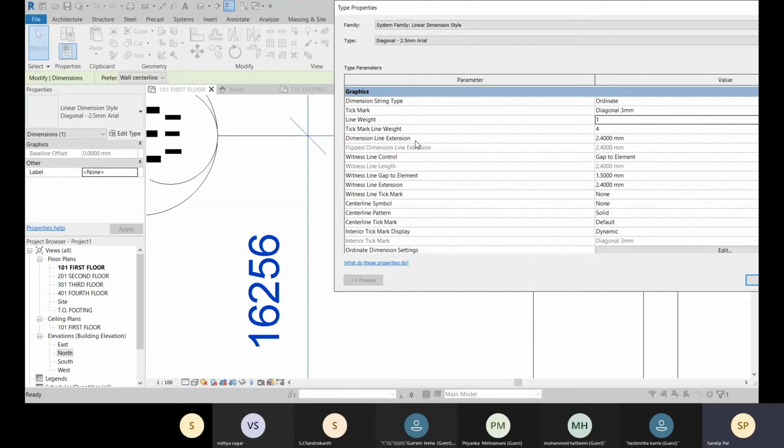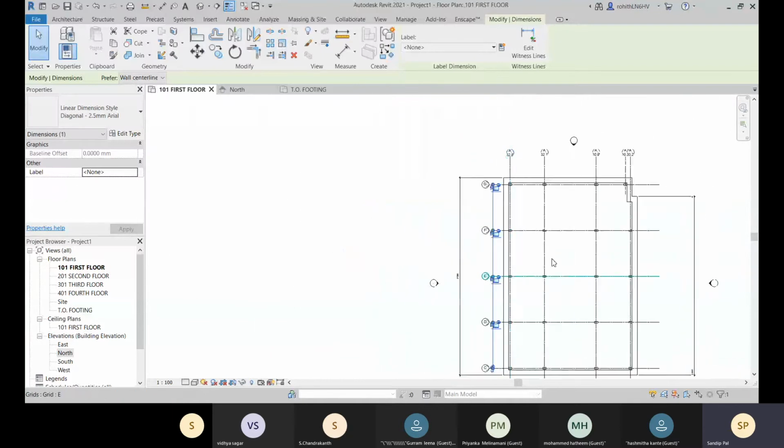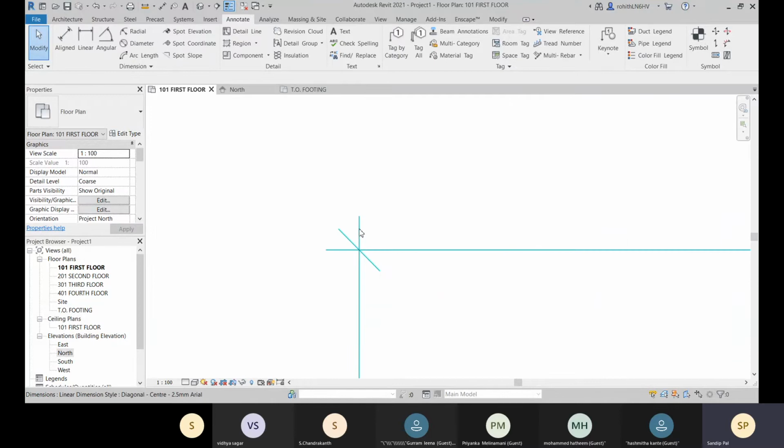And about dimension line extension, the dimension line extension is 2.4 mm. Let me show you that. This is your dimension line extension.